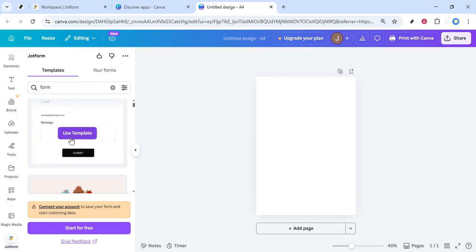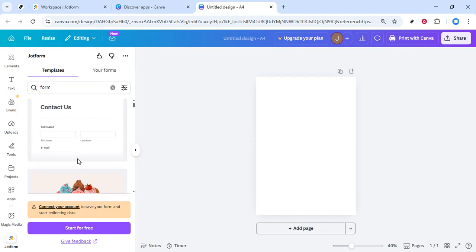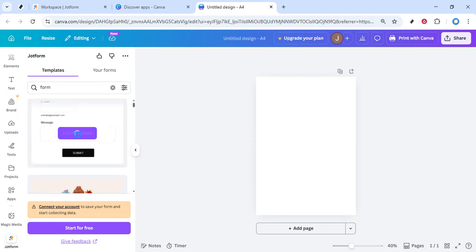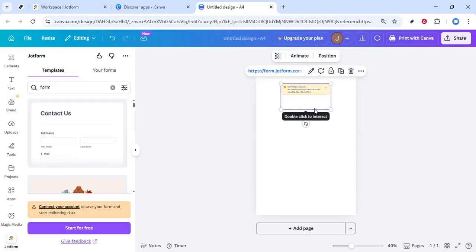Scroll through the templates until you find one that fits the style and purpose of your form. For example, something clean and simple for registrations, or more decorative if you're creating a feedback or event form. When you find the one you like, click on it, then click Use Template. Canva will drop that design straight onto your A4 portrait page, ready for you to customize with your own text,